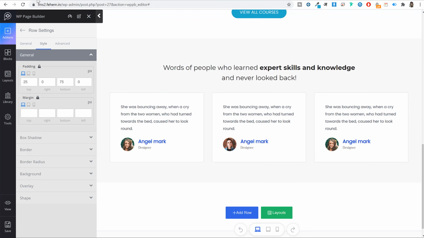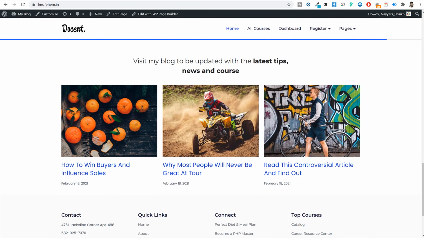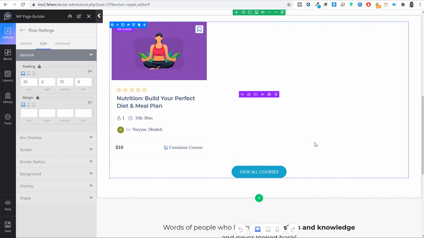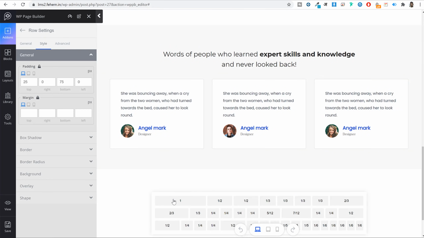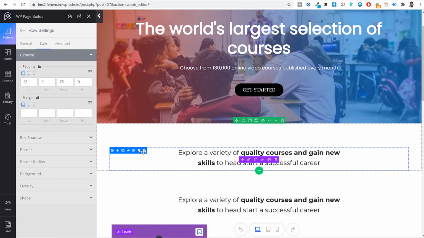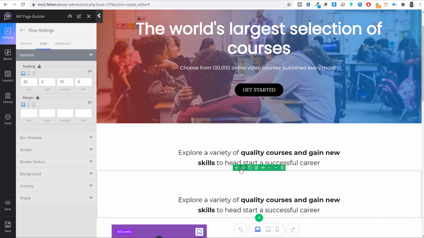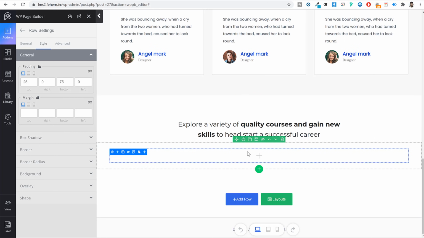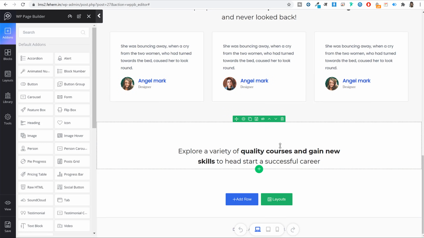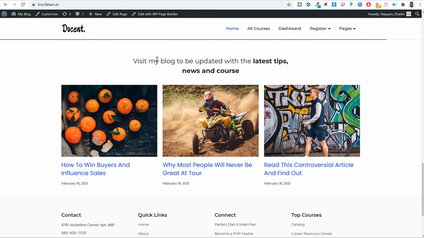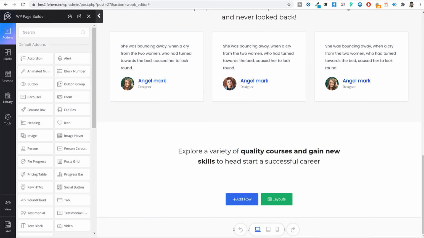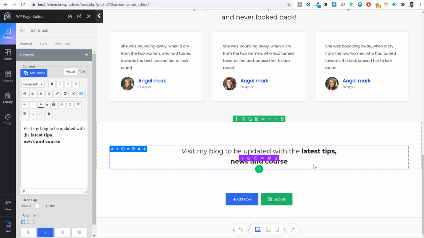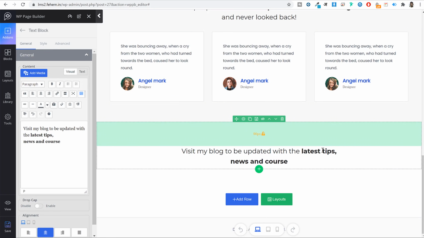Now let's create our last section, which is this blocks section. So again, to save some time, I'll copy this thing, add a new row, add a single column, bring this newly copied row at the bottom. Okay, over here, let's delete this one, change the title and all. So this is the title. Click on this title and replace it with this title, and again, styling and everything is automatically done. We just need to change the title.